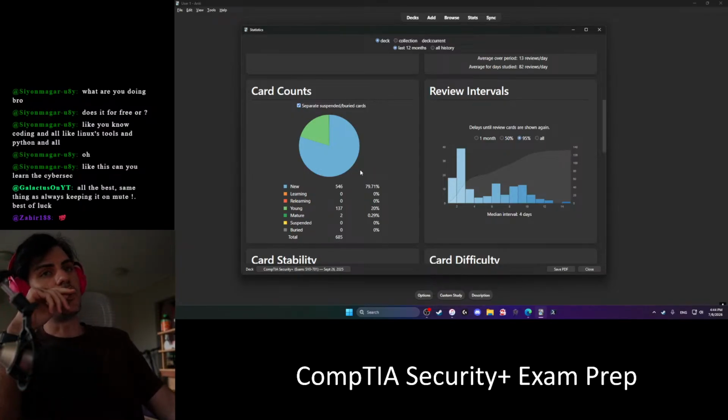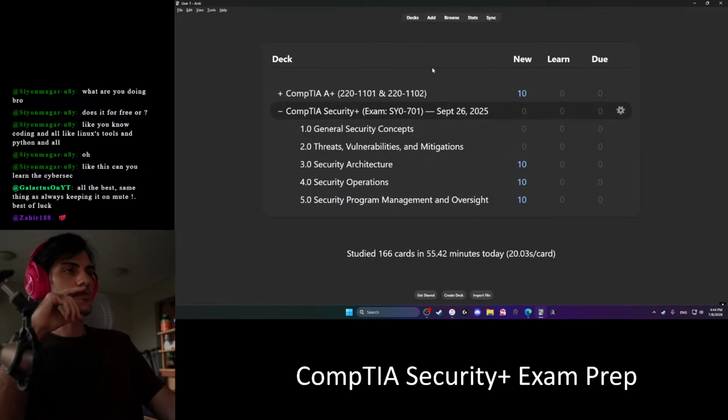Oh no, there's 1,500. There's only 600 in here because the test doesn't cover absolutely every single thing. So we've got 550 cards left in here. That's pretty great. Not too many left. We did 55 minutes of studying today, apparently. 20 seconds a card.